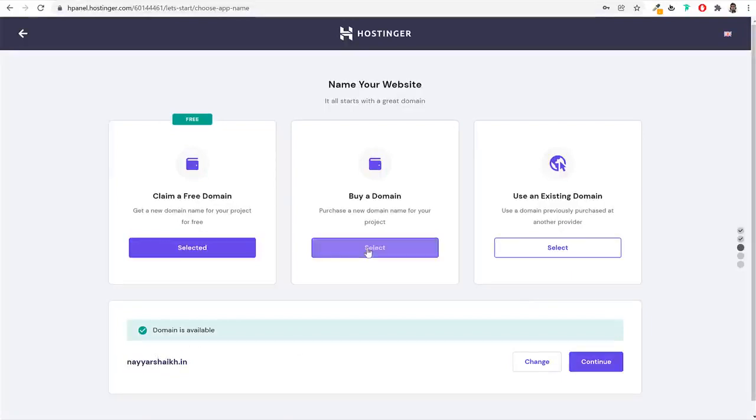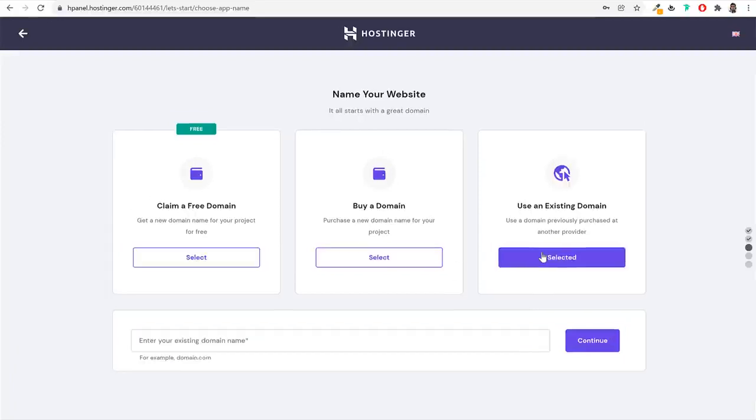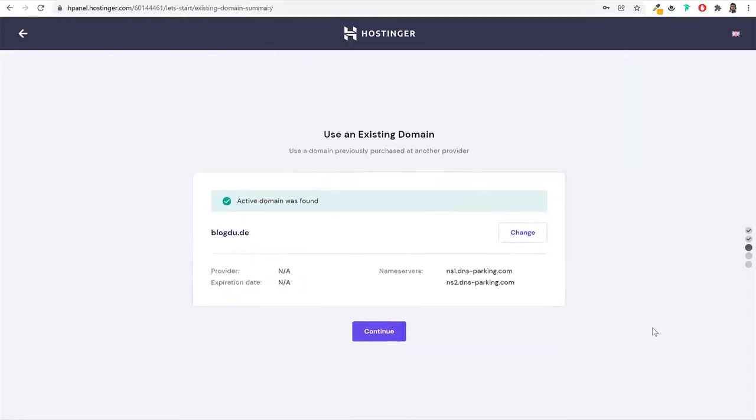Now, if you want, there is one more option, which is use an existing domain. If you already have registered a domain name on some other website, maybe on Namecheap, GoDaddy, or some other website, and if you want to use that domain name with Hostinger, then you can select this option, use an existing domain, and you can enter that domain. For example, I enter this domain, blog.dude, and click on continue. So maybe I have registered this domain name on some other website and I want to use this domain name